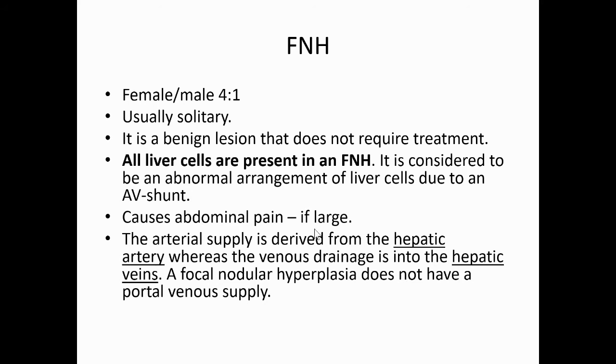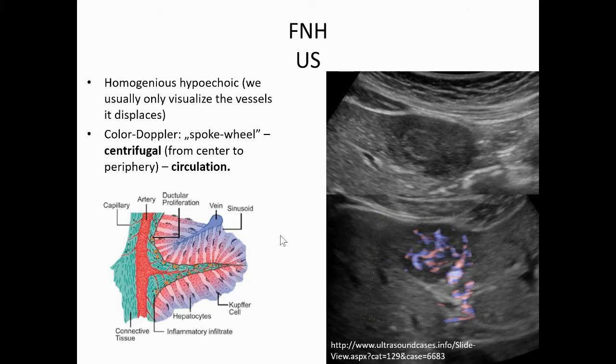They can cause abdominal pain, and they have blood supply from the hepatic artery, and their venous drainage goes into the hepatic veins. However, they do not have a portal venous supply. They look hypoechoic at ultrasound and they are hypervascular. If you have a good enough machine, then you can diagnose the so-called centrifugal circulation. So it's exactly the opposite of what we saw with hemangiomas,